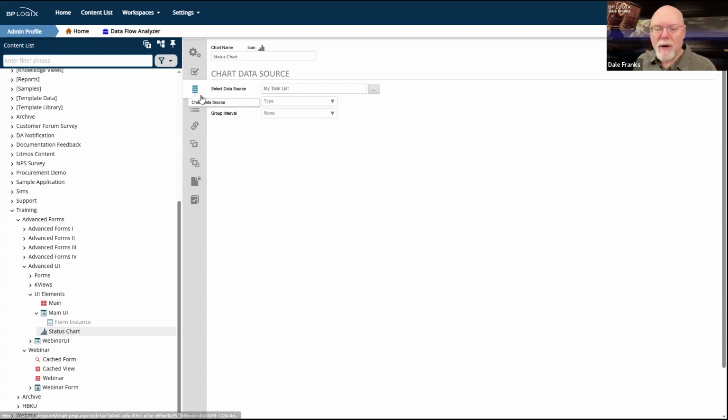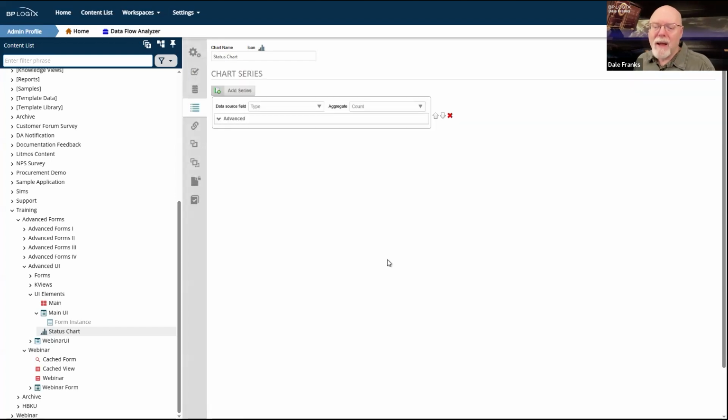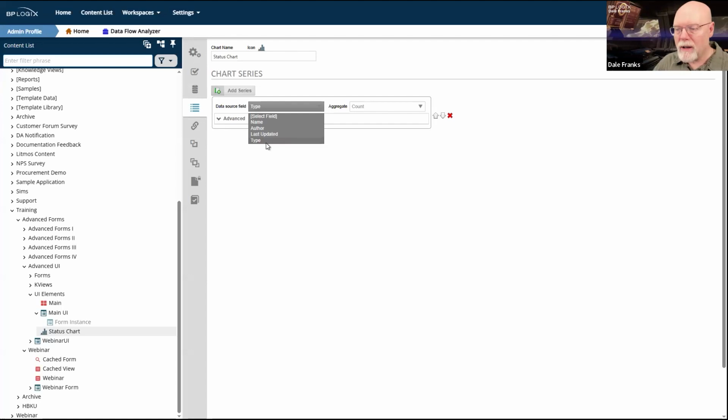Now, remember, we had that field called type that we only wanted to show in a report. So name, author, last updated, that shows up in our knowledge view. Type is only showing up here. And the reason that it's only showing up here is because I need to run a chart off of it. This is where my little pie chart is run from that knowledge view.